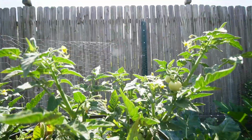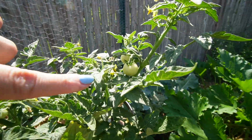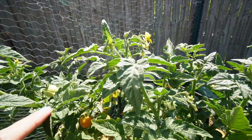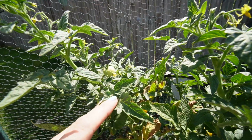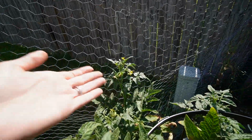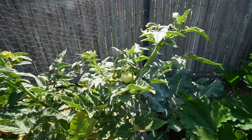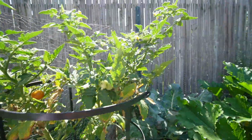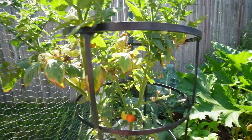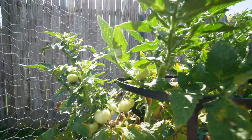And then there's still some even at the top, like there's even more blooms up here. Is that what you call them? Blooms, flowers? I don't even know the correct terminology, so please don't be following me for legit expert advice. But there's still a whole bunch of them there. So if I continue to get tomatoes, I'm gonna be super happy, because I'm already happy with the ones that I've harvested. I don't know how long I will keep getting tomatoes, but keep them coming